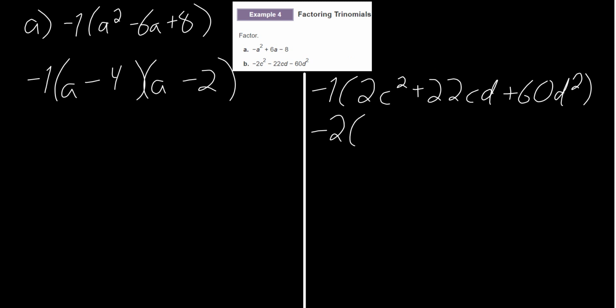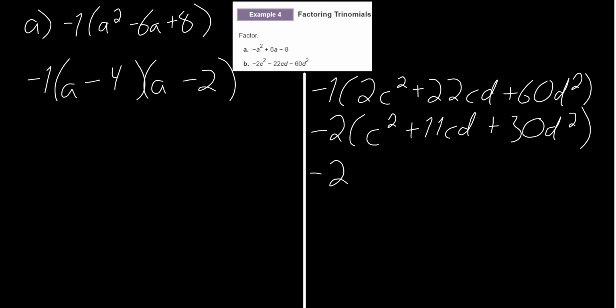Okay, so c squared plus 11cd plus 30d squared. Now this does look kind of ridiculous, but let's rewrite this. I say kind of ridiculous because we have two variables involved here. Normally we've been dealing with just one variable, an x or an a rather. And this time, we're going to set up the exact same thing. We're going to put a c here and a c here. But since we have a d as well, the d squared down here,